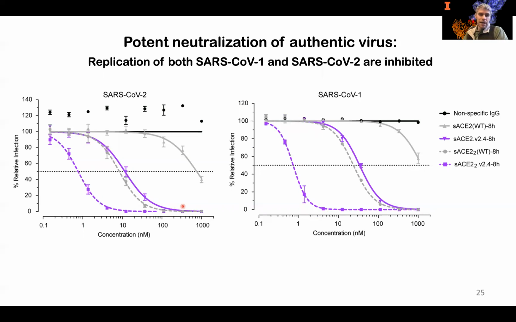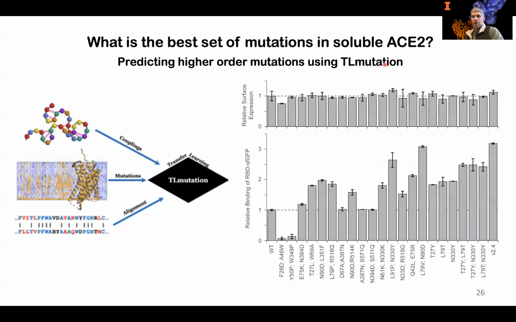It works much better. And then it works even better if you convert it from a monomeric protein to a dimer by including a natural dimerization domain in ACE2. For free, we also got excellent neutralization of SARS-CoV-1, even though we never considered classical SARS in the engineering process. And this suggested to us that we probably had breadth against many other coronaviruses that can use ACE2 as an entry receptor. The question arises, did we choose the best 3 mutations to put into our engineered decoy receptor?